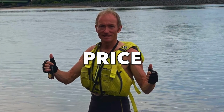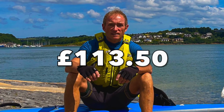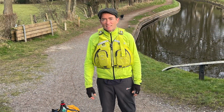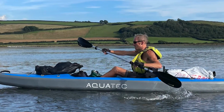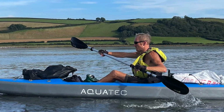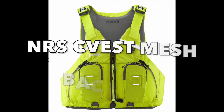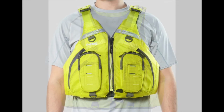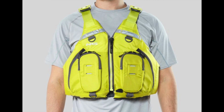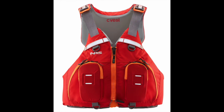The NRS Cvest Meshback cost me £113.50 from North Shore Water Sports in late 2021. Current prices at the time of this review seem to vary between £100 and £140. The NRS Cvest Meshback comes in two colours, lime and red. I ordered the lime coloured version, but I also like the look of the red too, especially with the orange